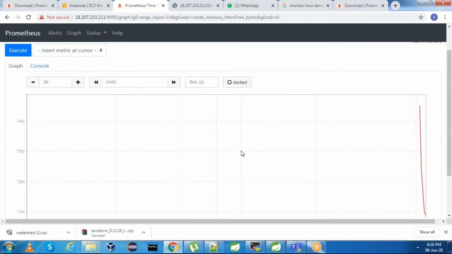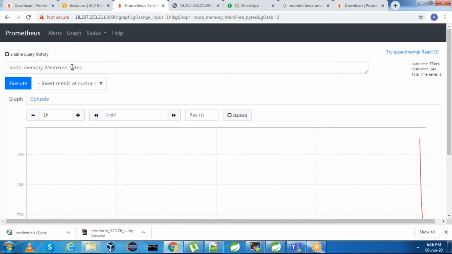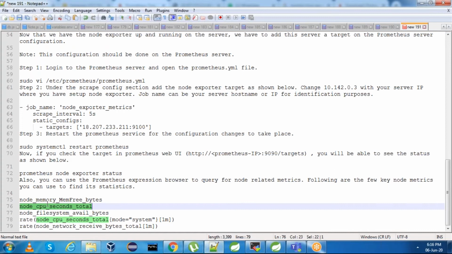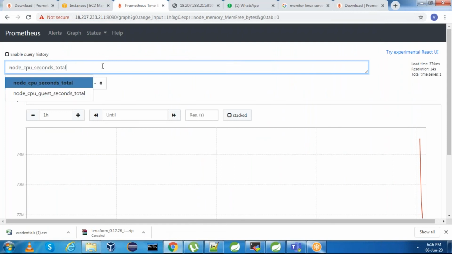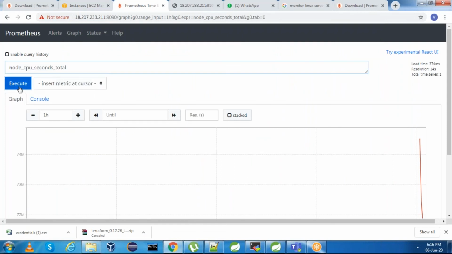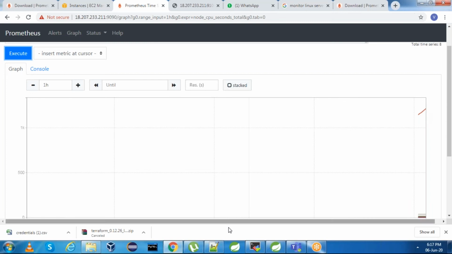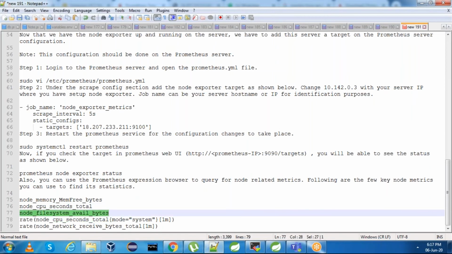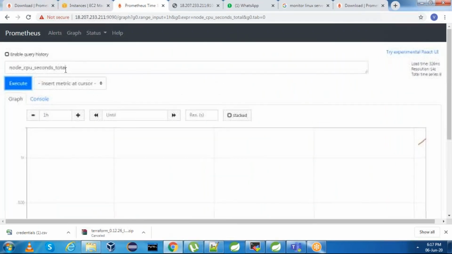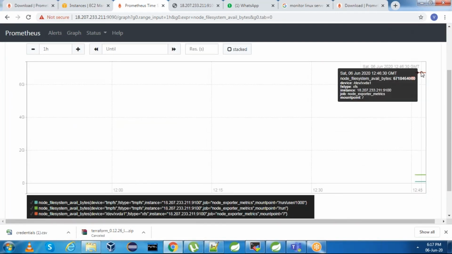See, you are able to see node_memory_MemFree_bytes. If you want to see node CPU seconds, you can go here and hit node_cpu_seconds_total, execute. You can see the CPU. This is the instance, and you can see the CPU. And if you want to see file system available bytes, you can hit node_filesystem_avail_bytes, execute.